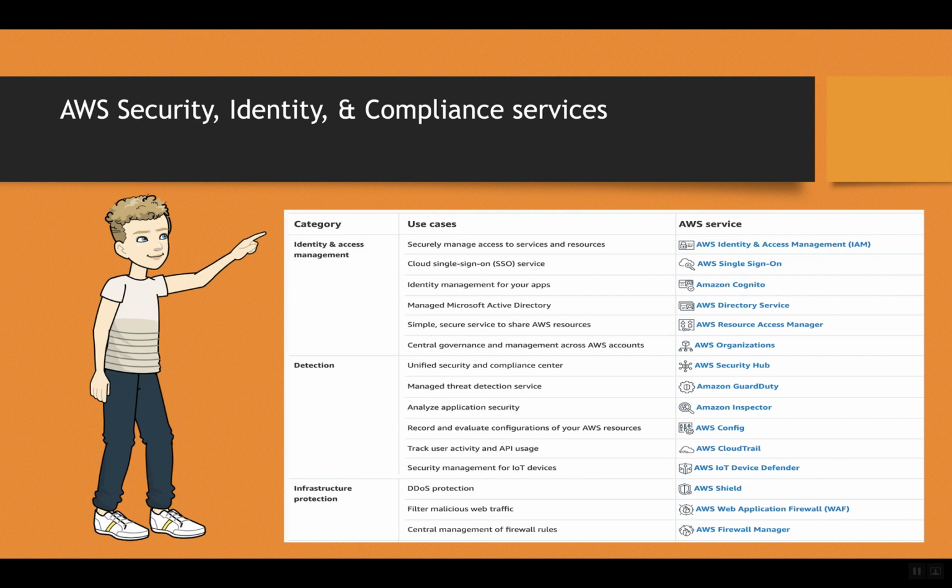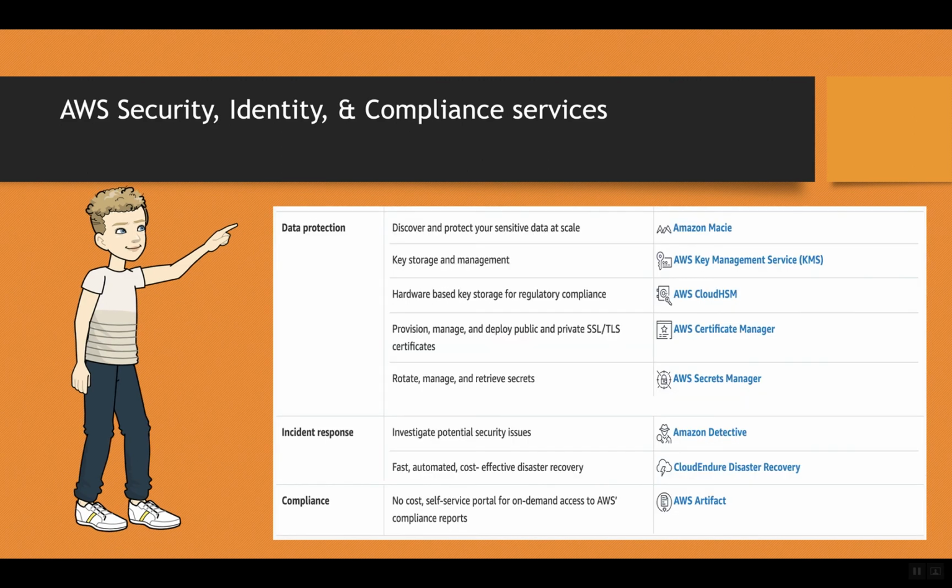If you go for infrastructure protection, you can use AWS Shield, which is DDoS protection. AWS Web Application Firewall filters malicious web traffic. AWS Firewall Manager is central management of firewall rules. So yeah. Now, if you want to go for data protection, incident response, and compliance,